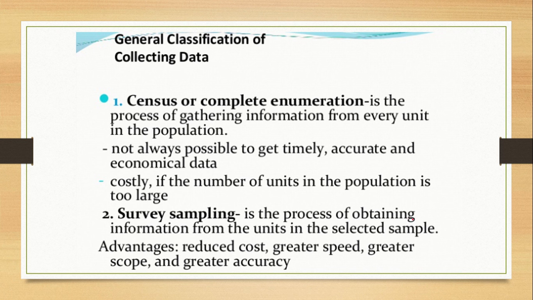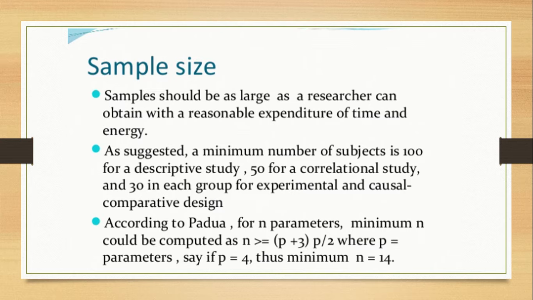Then the second one is survey sampling. It's a process of obtaining information from the units in the selected sample. So the advantages: it reduces cost, greater speed, greater scope, and greater accuracy. So for the sample size, samples should be as large as a researcher can obtain with a reasonable expenditure of